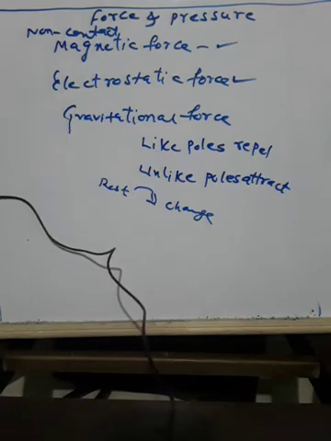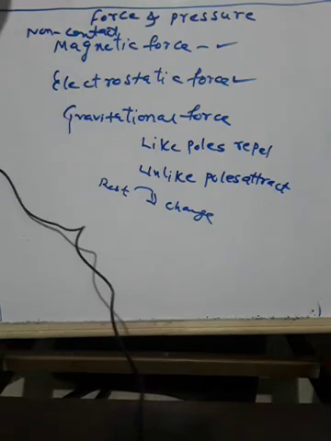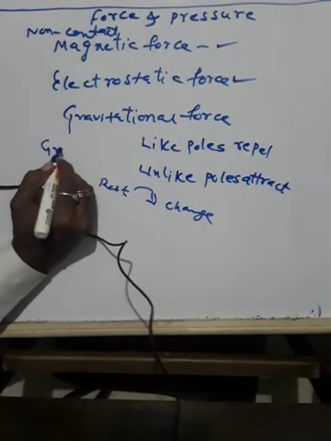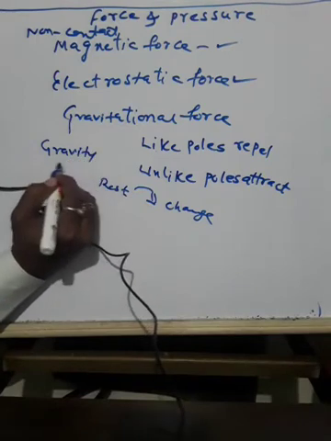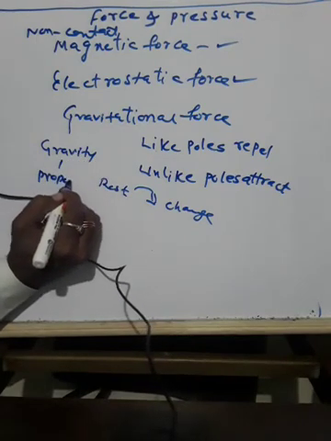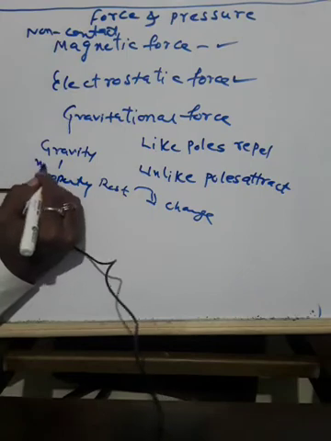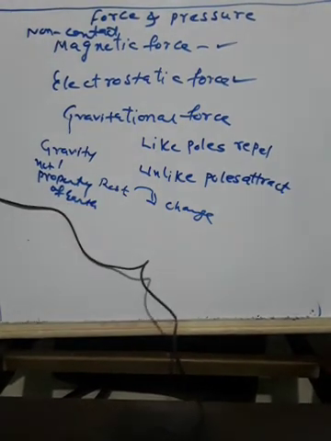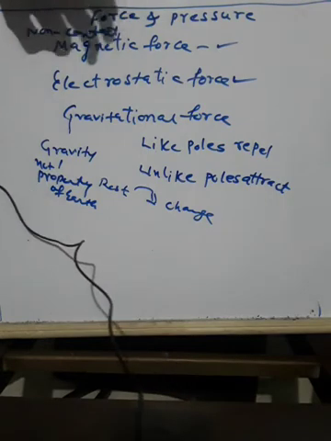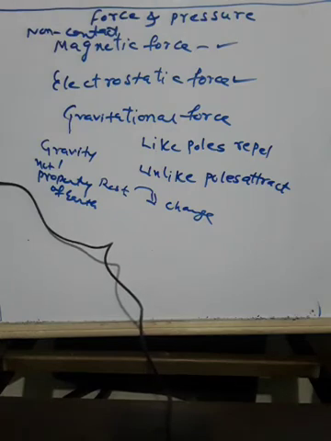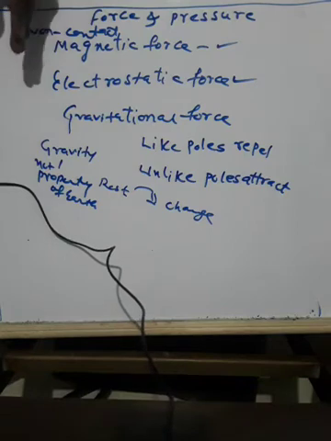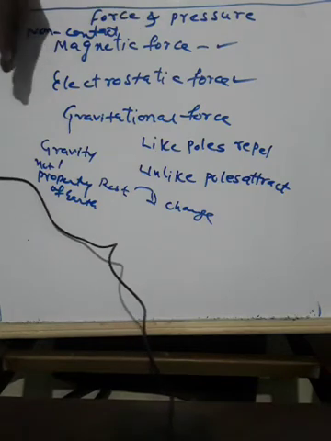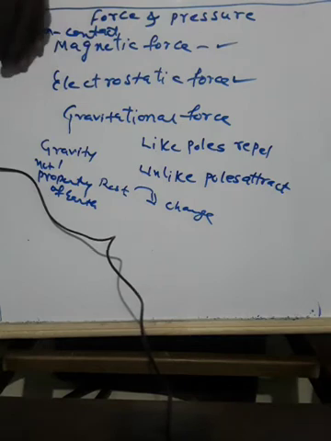Gravity is not a property of the earth alone. You should not think gravity is only related to the earth. Gravity is not the property of the earth alone. Then whose property is it? In fact, every object in the universe, whether it is small or big, exerts a force on every other object. Each and every object, whether it is small or big, will exert force on each other.